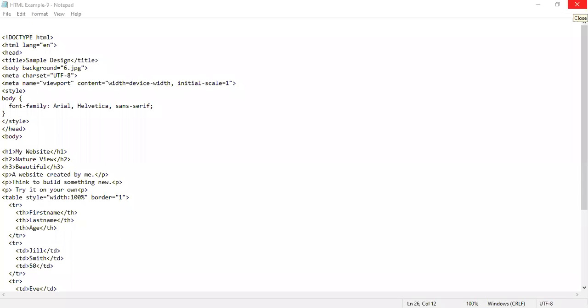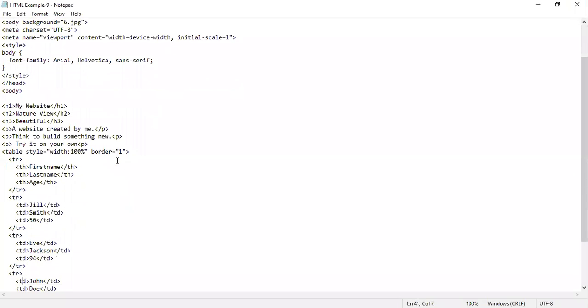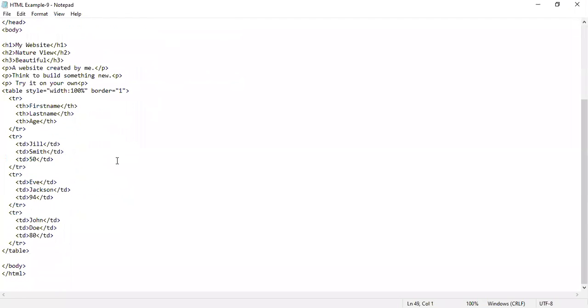Then some meta charset and meta name, and then the font; we have mentioned some font style here, and then the style, heading, and body part are all mentioned. Whatever we need to write, we write in our body part as per the h1 heading, then some paragraph, then we have mentioned some table here. Whatever we want to do can be placed in our body part, and at the end of the body, the closing of the body tag and the closing of the HTML tag. So this is how things actually work. It is a very simple thing.